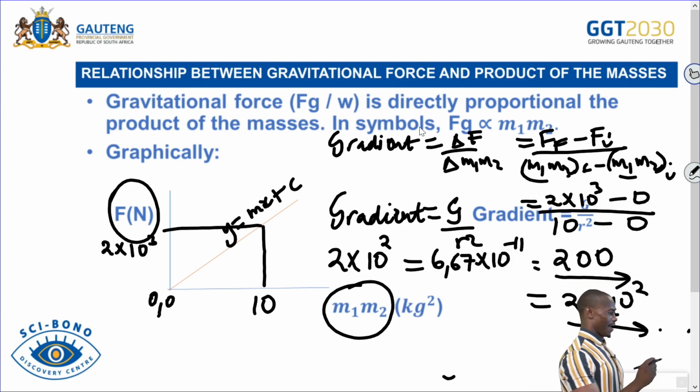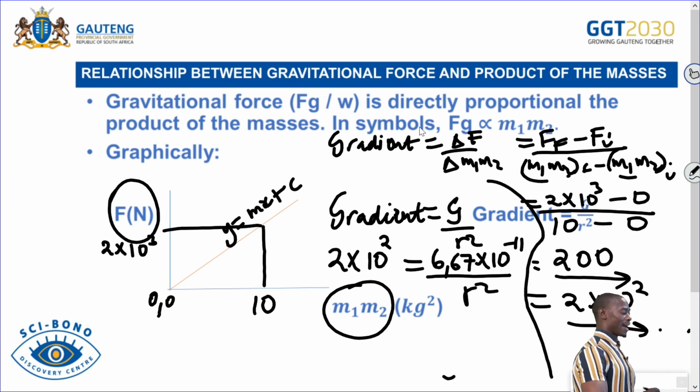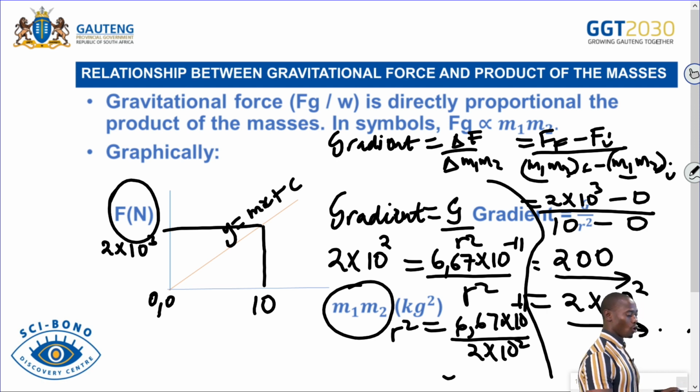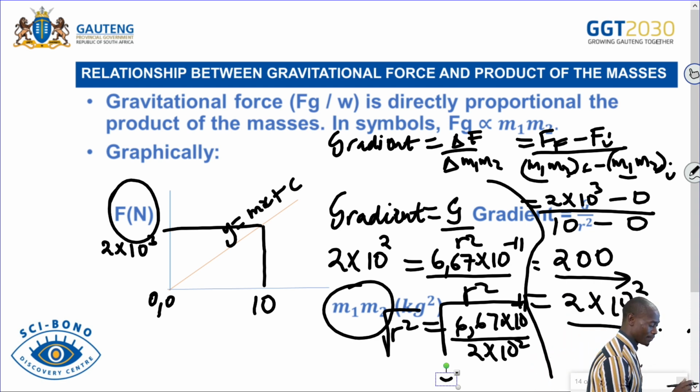Then divide that by r squared. So I multiply by r squared on both sides, and r squared equals 6.67 times 10 to the power negative 11, divided by 2 times 10 to the power 2, or divide by 200. Then take the square root. Remember, we're not looking for r squared, we are looking for r, so introduce the square root on both sides. So r equals